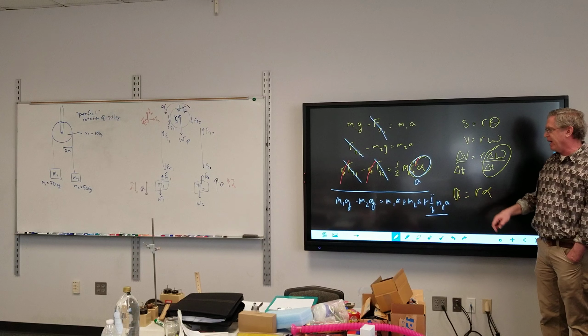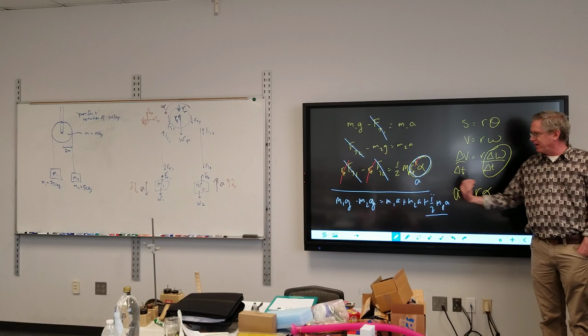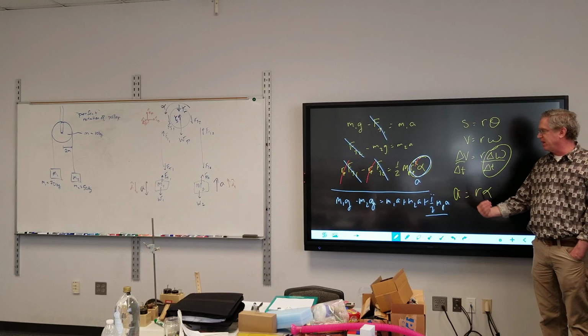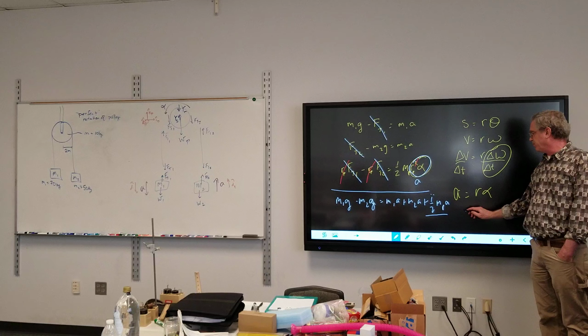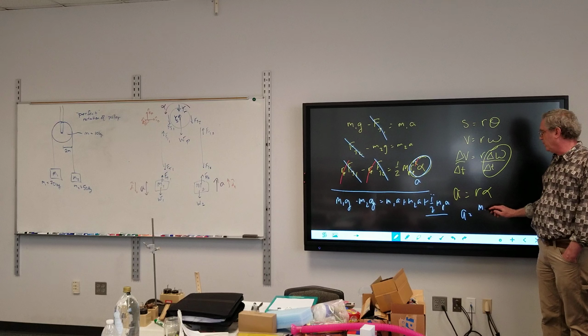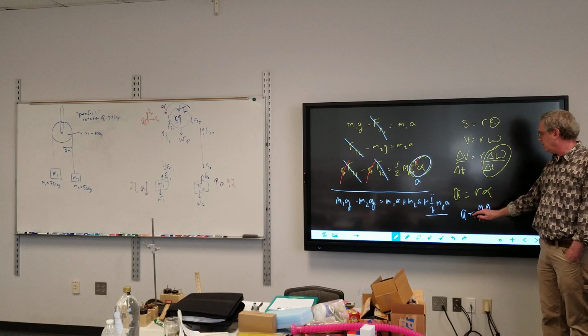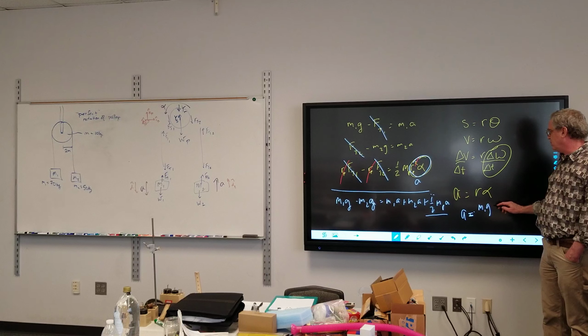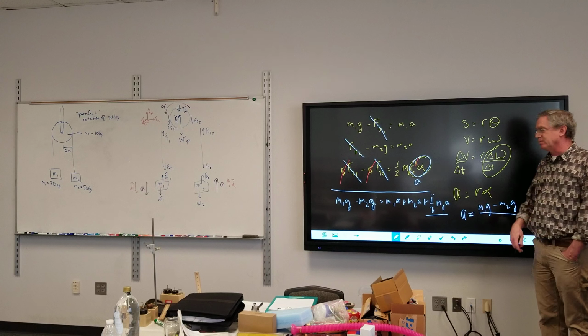I can factor A out, since all these terms on the right-hand side have A in it, and then divide by what's left over. And so I end up with an acceleration equal to M1G minus M2G. That's the driving force, divided by